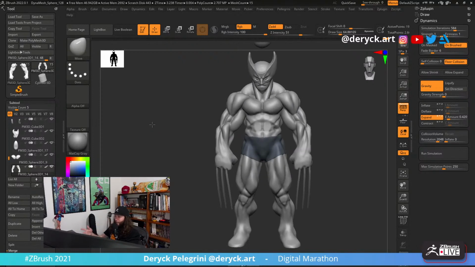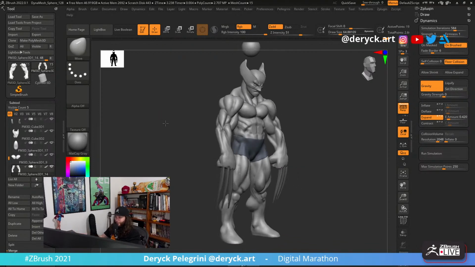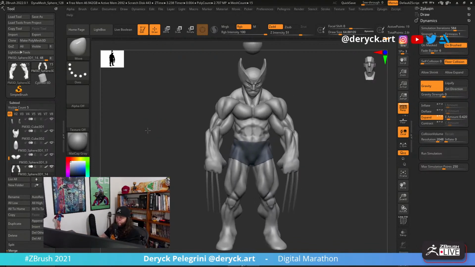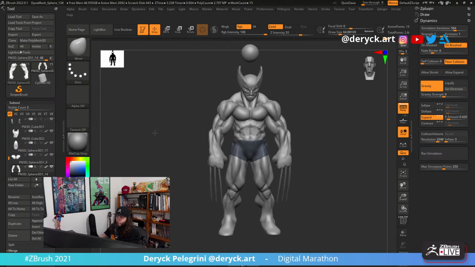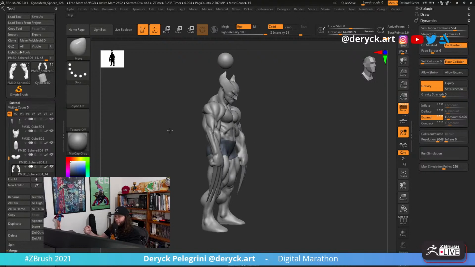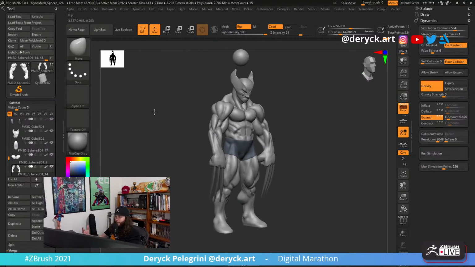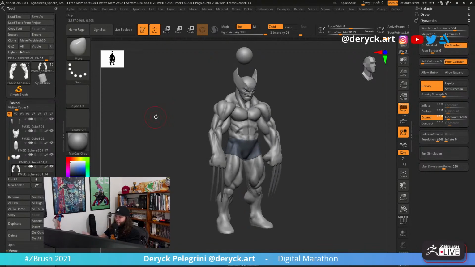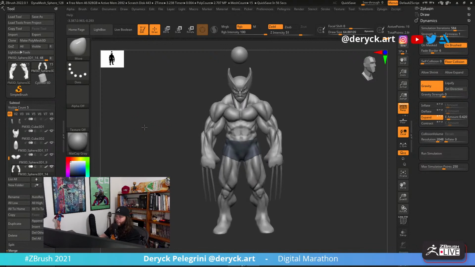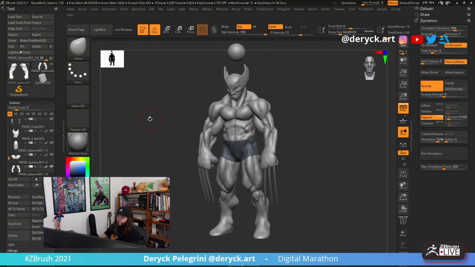So let's say that we are here for 2.5 hours doing this character, and I pretty much nailed the overall shape, the silhouette and the pose. All the good stuff is already done, and I did this in 2.5 hours. I think it is a solid sketch and a solid blockout for a sculpture.